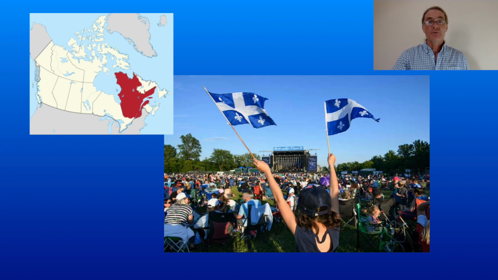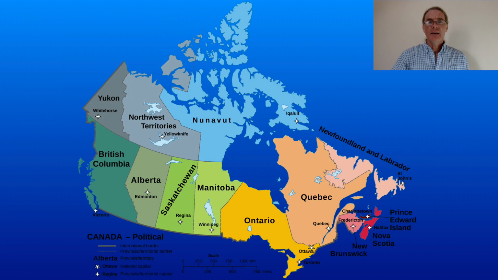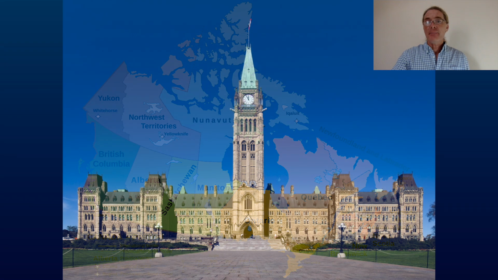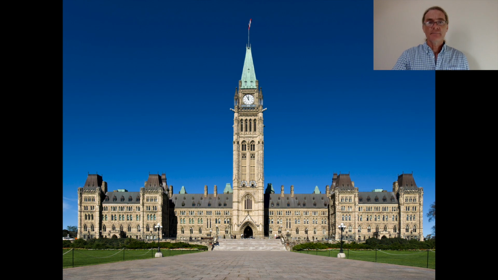By the way, for those of you Americans and others tuning in, Canada has provinces instead of states. But for most purposes, they can be thought of as the same thing. Provinces, like states in America, have their own government and unique laws, but they are part of a union that has one government, in this case, in the capital of Canada, which is Ottawa.